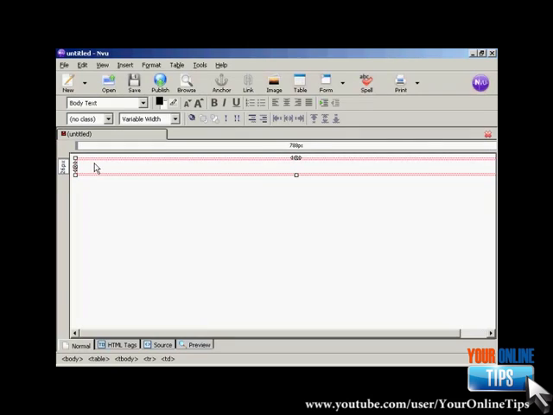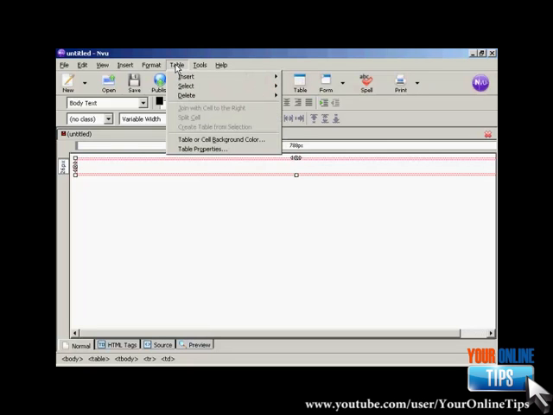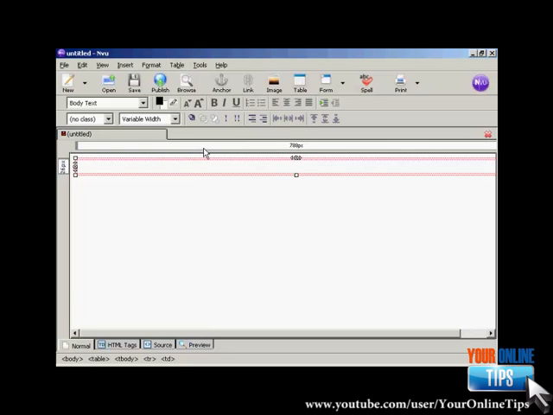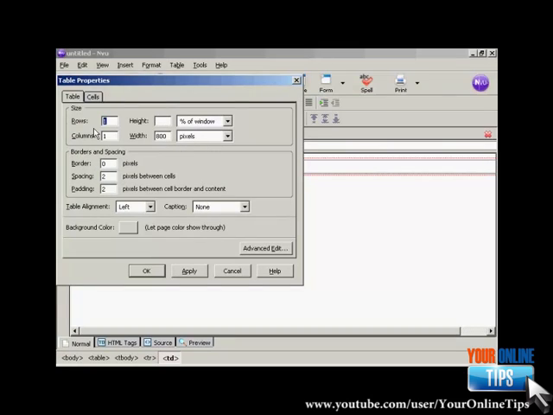Now I need to change the attributes, so click once inside the table, come up here to Table and then Table Properties, and you can see here it's got one row and one column, and I don't really want it that wide, so I'm going to make it 600 pixels,